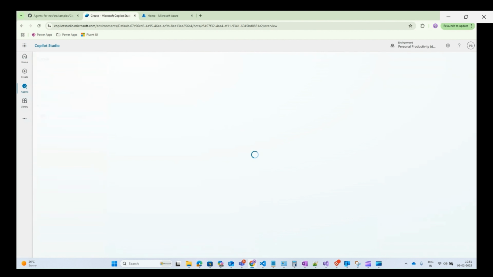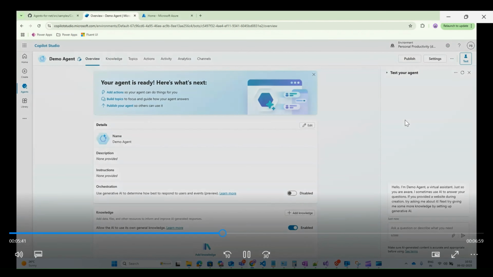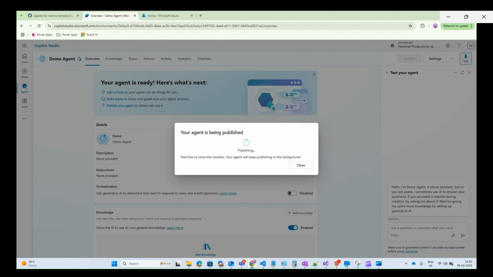So your agent will be created. It will take some time, so wait with patience. Now the agent is created. Then you need to publish it. Once the publish is done,